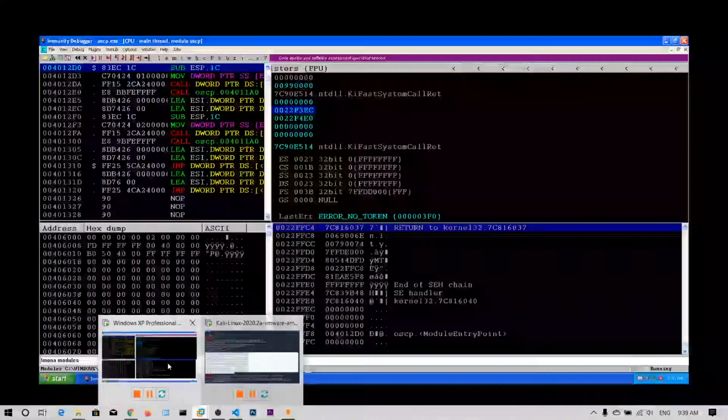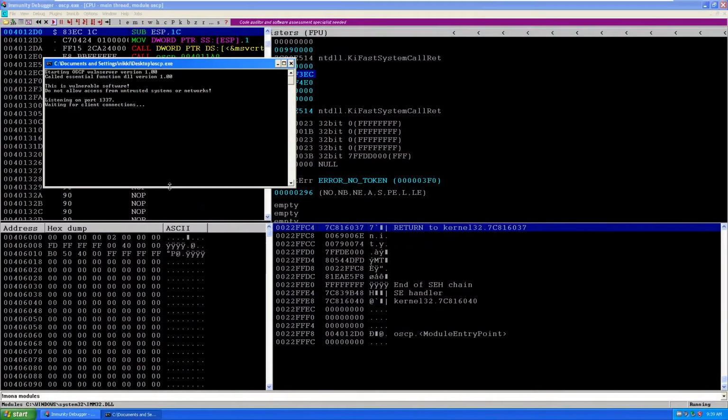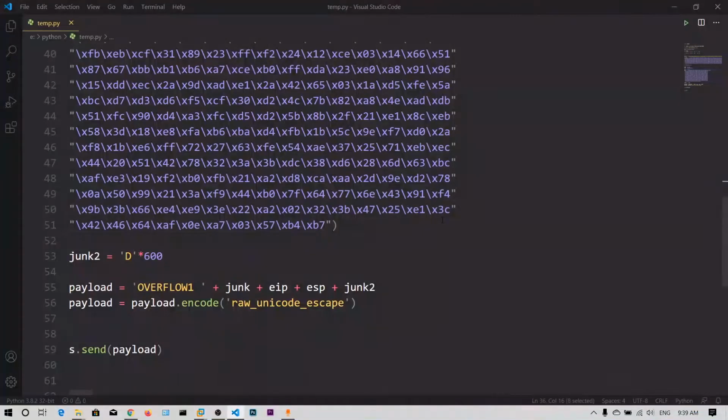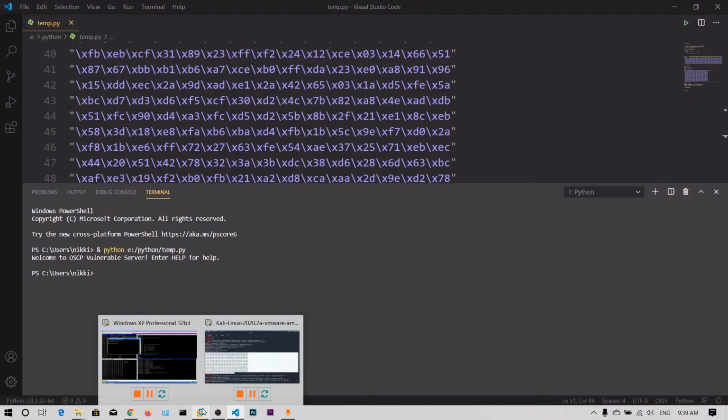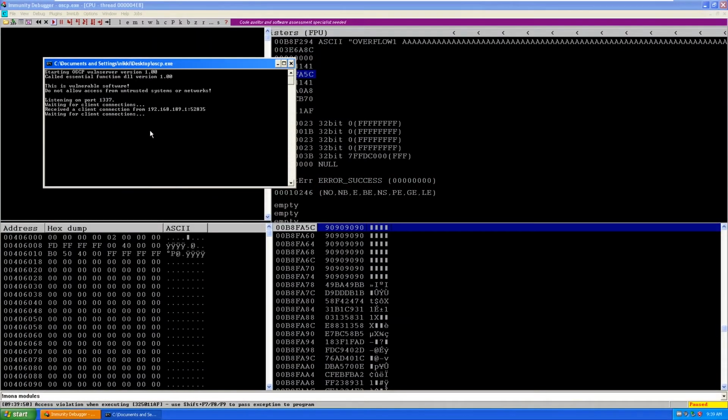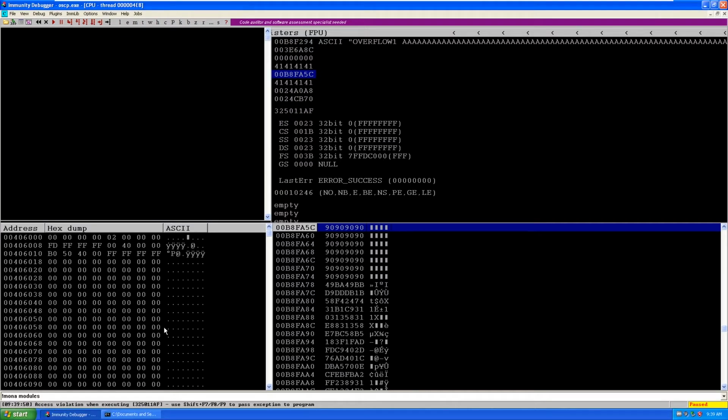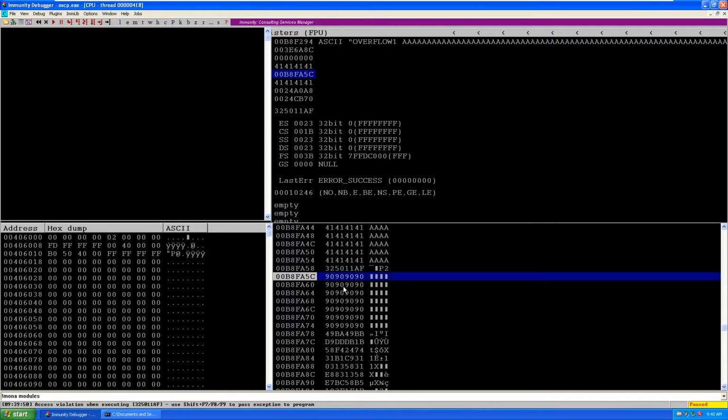Okay guys, now let me run the program. Our program is running, and if we run the exploit our calculator should pop up. Okay guys, it's saying access violation executing this address.